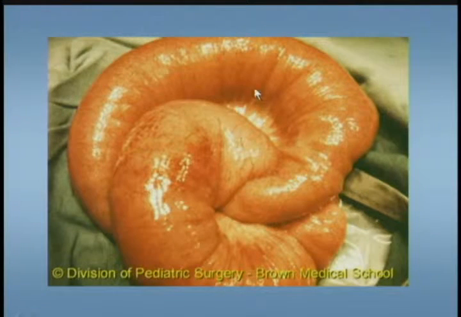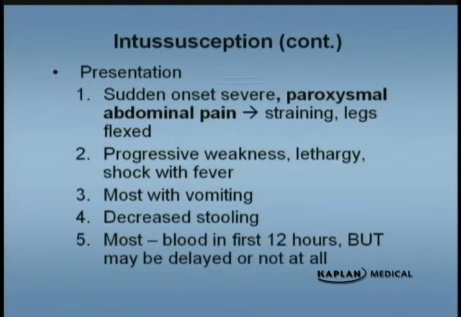This is an actual intussusception. You can see where part of the intestine is kind of collapsing into the distal part. They won't ask you, there's the intussusceptum and the intussuscipiens, but they won't ask you that on the test. So again, paroxysmal colicky abdominal pain. They can get very weak. They can actually get hypotensive